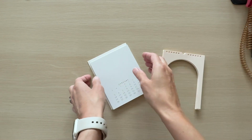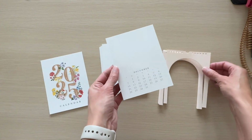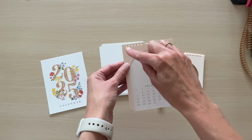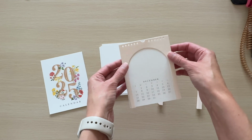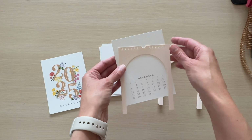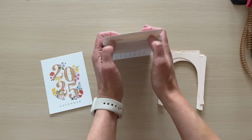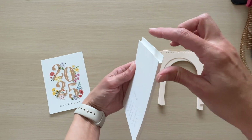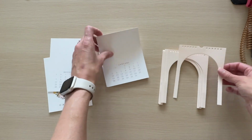So now I'm going to go ahead and layer all of these die cut arches over the top of my calendar panels. But in order to avoid having to also die cut the holes in the calendar pieces, I'm going to take a paper trimmer and trim about a 1/4 inch off of the top of each of these calendar pages. So you can see I already have that done for all of my months except for December, and you can see here I trimmed off just about a 1/4 inch off the top,